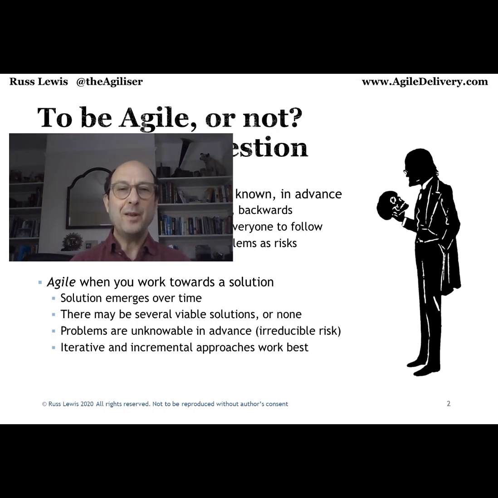And just to stay with the building a house metaphor for a moment longer, although I don't really like building metaphors when we're talking about software development. Getting planning permission might be something that you would want to manage in an agile way, because really you don't know what sort of objections are going to be raised or by whom, or how you're going to have to work around those. You're not going to know how long it's going to take to get planning permission, and you don't know what adjustments you're going to have to make in order to get it.